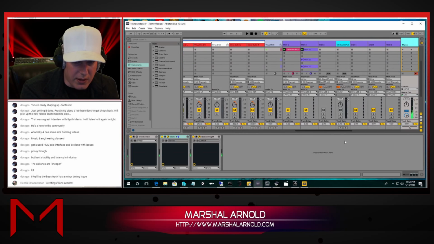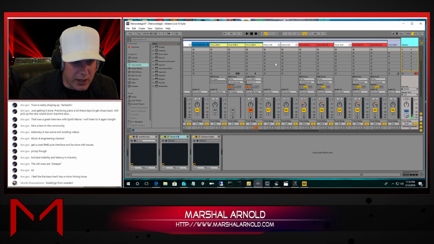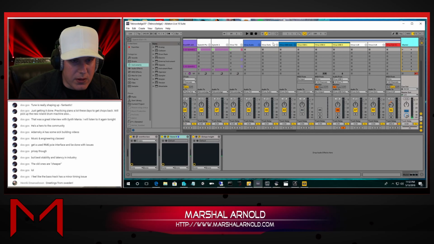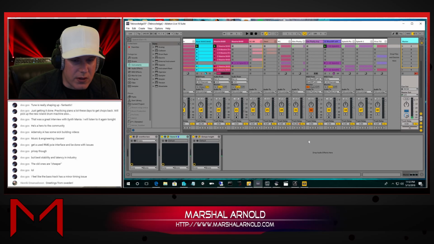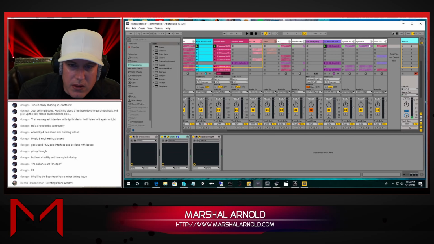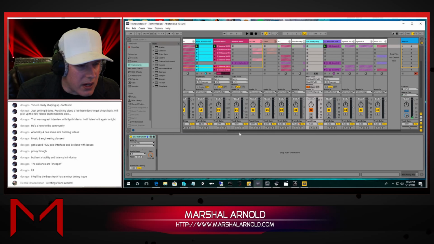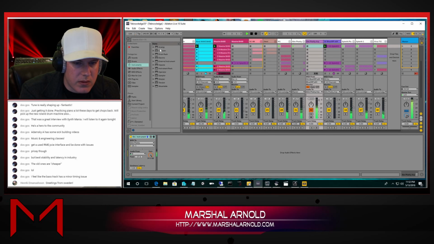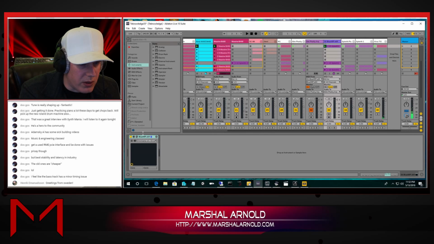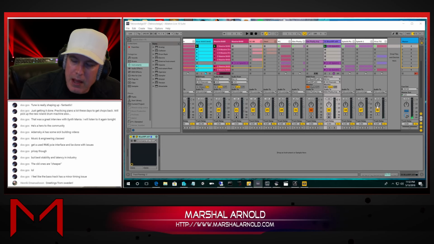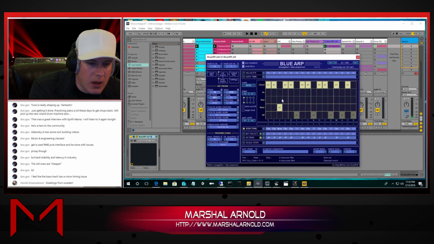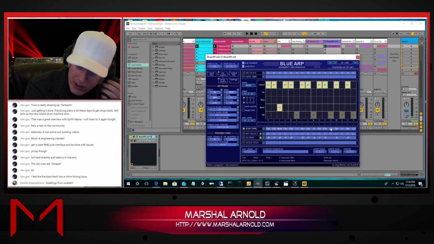So that's sounding tighter and better, I think. Let me close this Virus section, because that just makes the windows crazy. All right. So this is with 41 milliseconds. Let's just try this again here. This is basically an arpeggio running through BlueARP, and I've never had this problem with so many instruments at one time, but